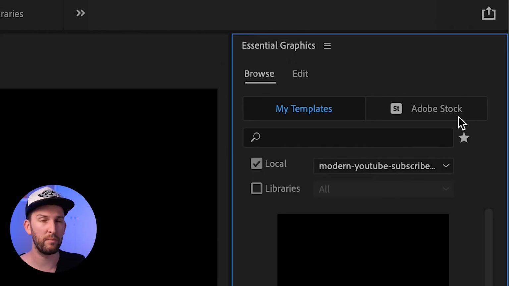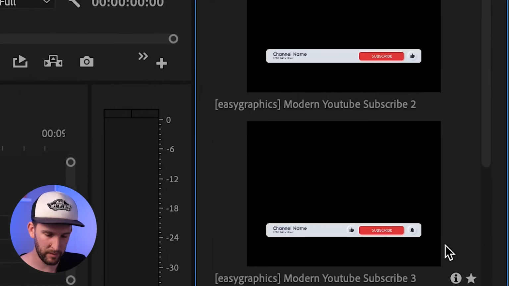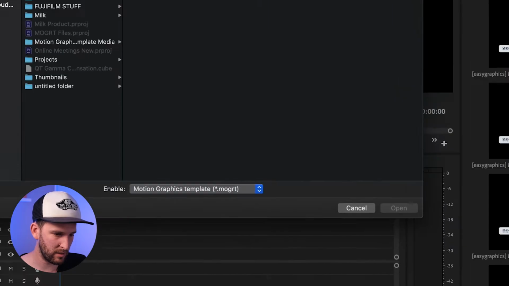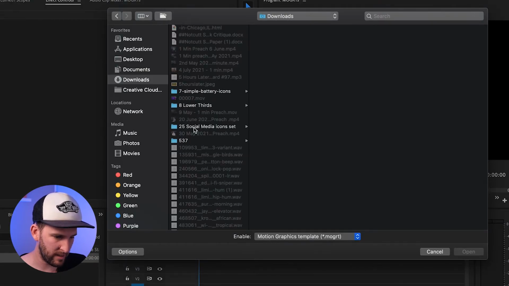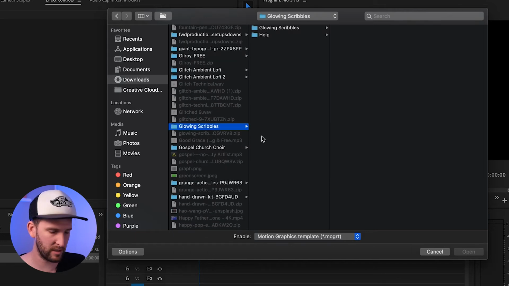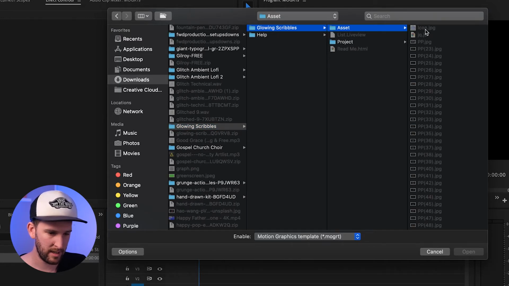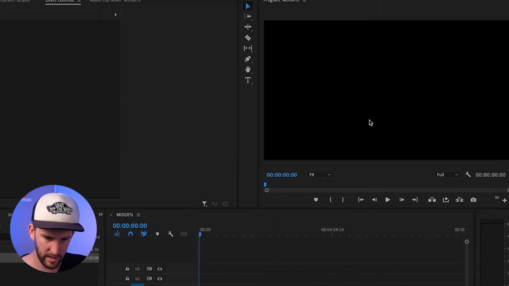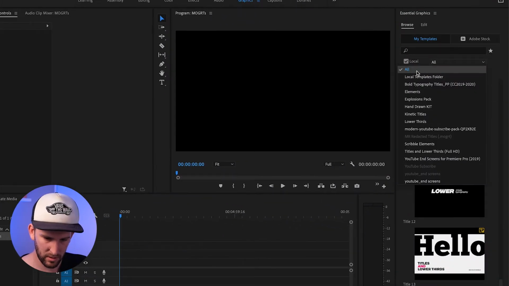If you want to install one motion graphic template, you go down to the bottom here and click this little icon, install motion graphics template. You click it, and it's going to open up the finder. I've got a mess of stuff, as you can see, and this is one that I've just downloaded. You're going to go to the folder where the actual files are, so you got to make sure that you find that thing. So it's not this one, it's that one. You want to look for the .mogrt file. What you want to do is click on one of them, say open, and now you search for